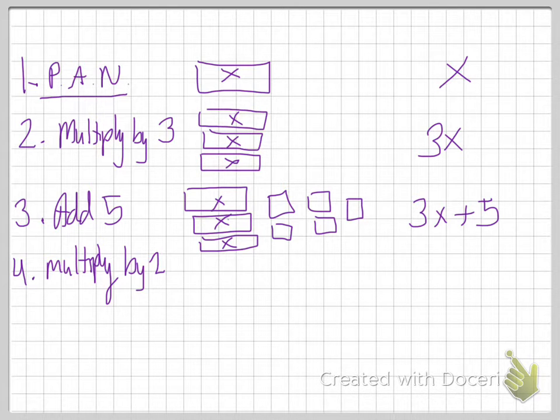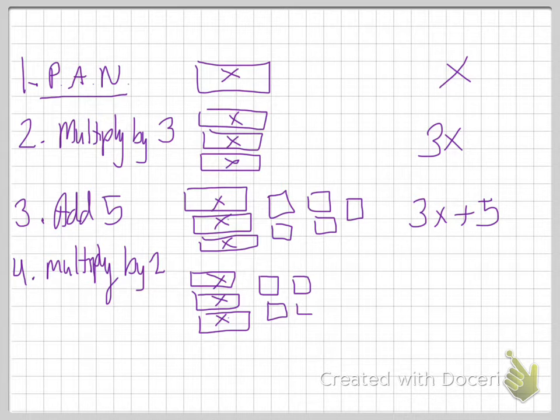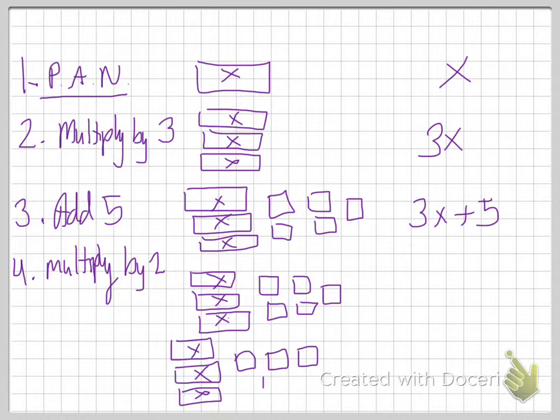And then last but not least, multiplying by 2 means we need to make 2 copies of everything. So there's my first 3x plus 5, and then I need my second 3x plus 5. 1, 2, 3, 4,